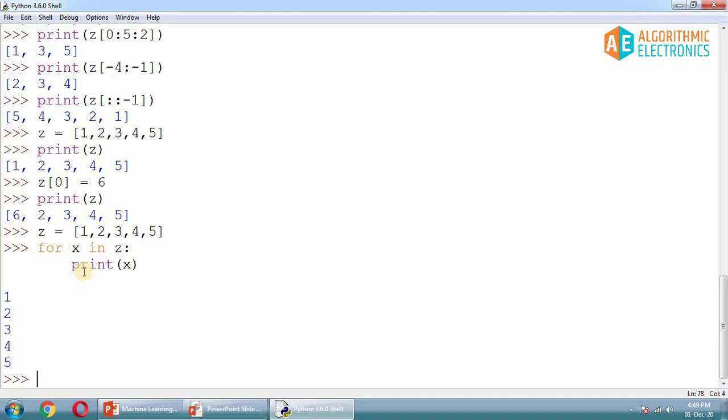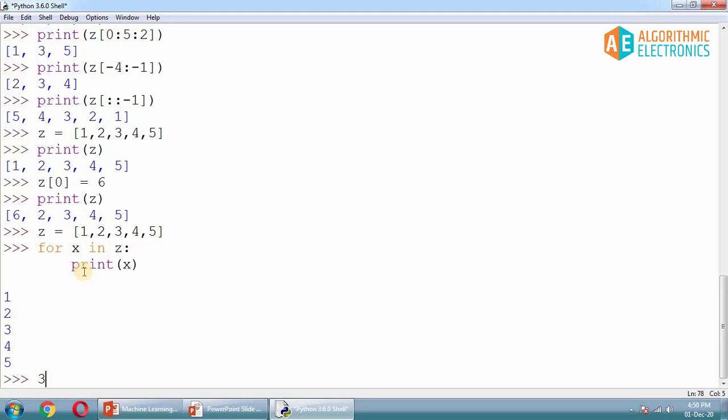Now secondly, one of the important things is the problem of searching. If I have a list in which I have to search for some element, for example whether a particular value is present inside the list or not, that I have to check. In case of other programming languages such as C or Java, you will have to write lengthy code. You'll have to write for loops to iterate over that particular list. Let's take a very simple example. I want to find whether this element 3 is present inside the list or not.